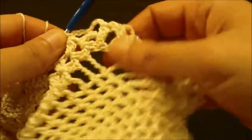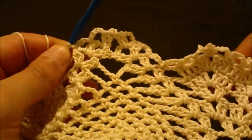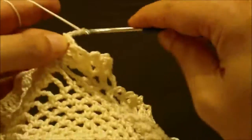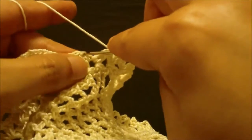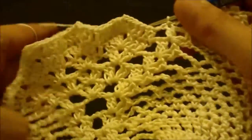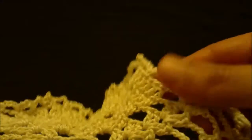Okay, basically we are repeating the pattern now. Okay, now we will chain 4, 1, 2, 3, 4, and we will slip stitch to second double crochet like this. Okay, now we'll move to this set here, and we will repeat exactly what we did here. So we will chain 4,